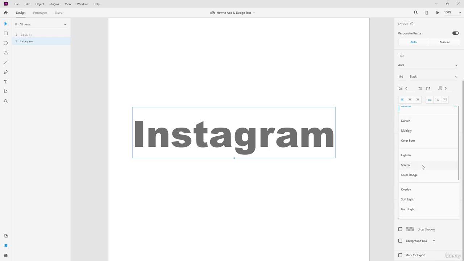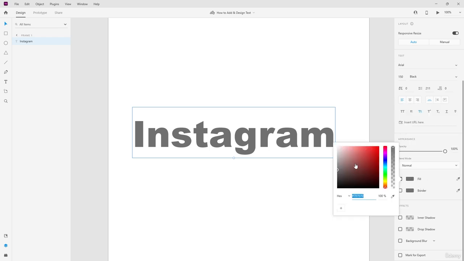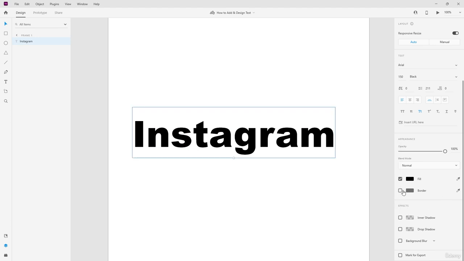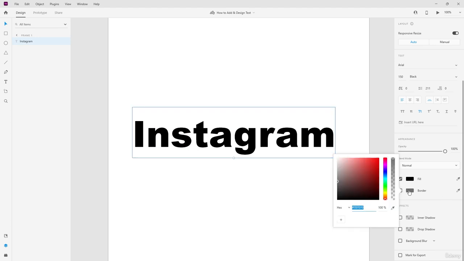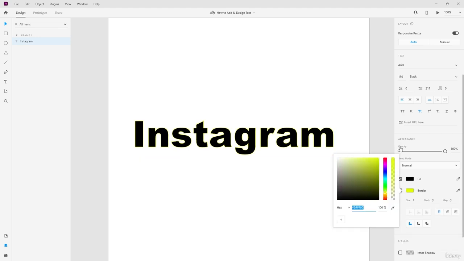Then you have the blend mode over here where you can change the blend mode. You can have a fill color to it. So let me give a black fill color. There you go. Let me change the border color to, let's say, bright yellow. Now you have RGB here. You have HSB here as well. And in the plus section over here, you can add in